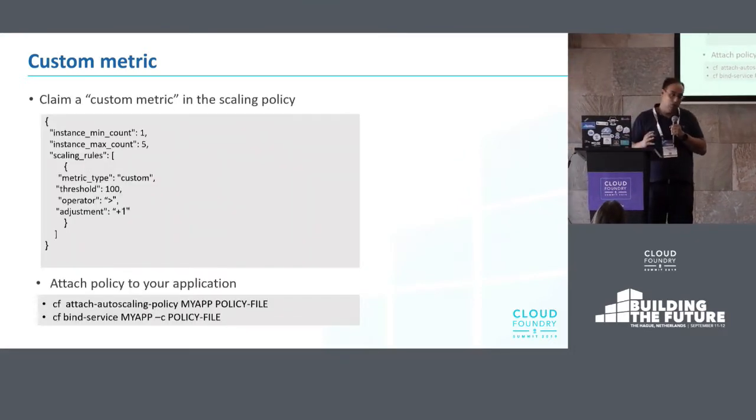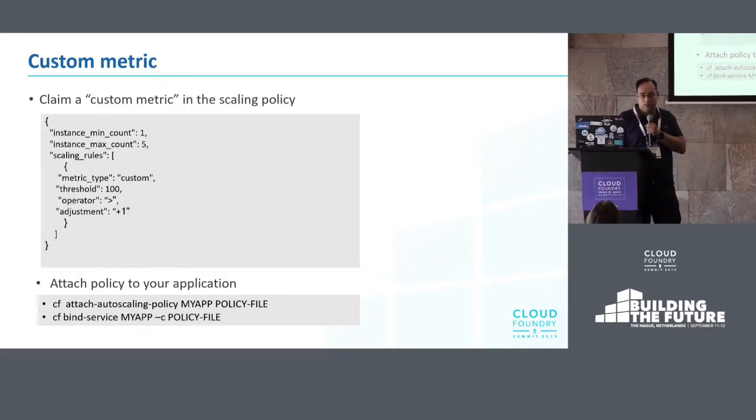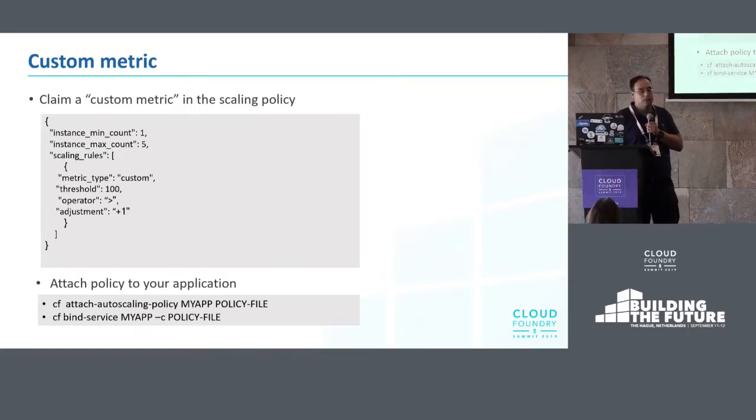So how do you use the custom metrics feature? Basically, you just start by claiming a custom metric in a scaling policy. So this is how a normal scaling policy in app-autoscaler looks like. There's one rule in this scaling policy, and the one special thing is basically that,